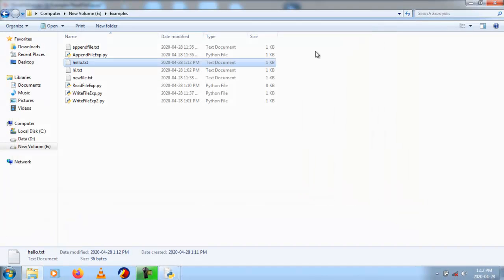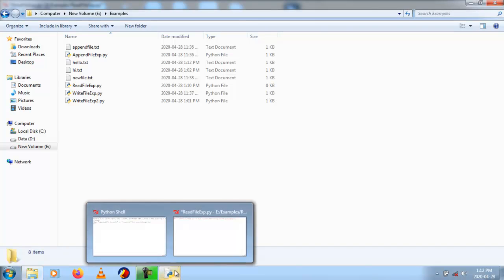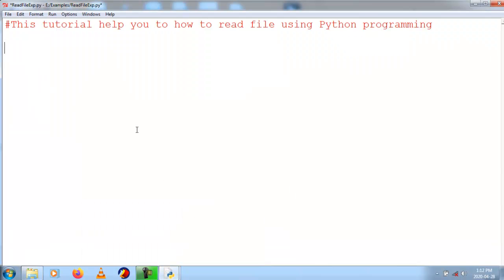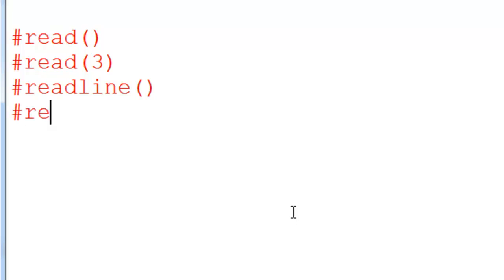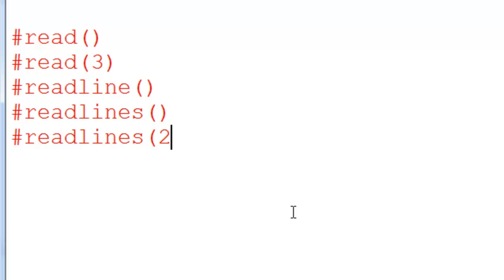Now I am going to read this file. Here, read contains 5 different functions. Those functions are read, then read with an integer number, then readline, then readlines, and then readlines with a number.